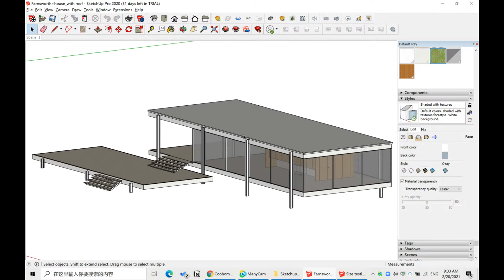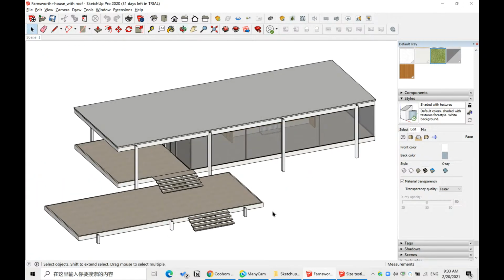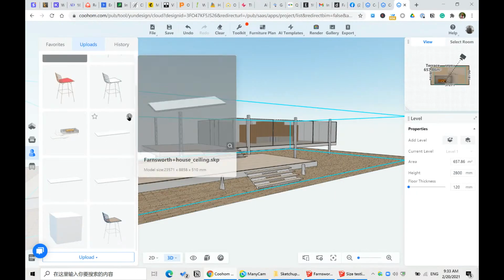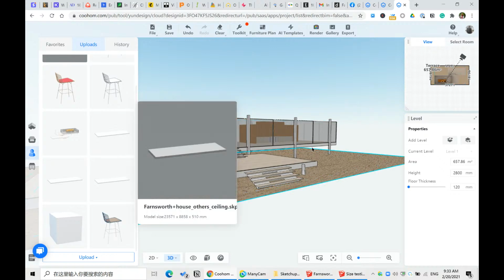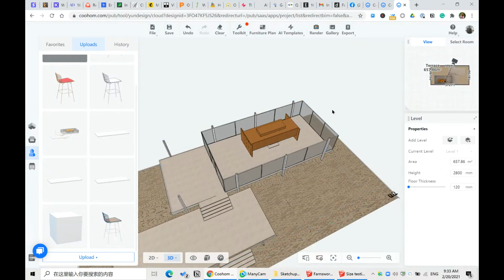So since I have separated those two, in here I've also brought it in as ceiling elements, right? So I have the ceiling, we have the floor elements,